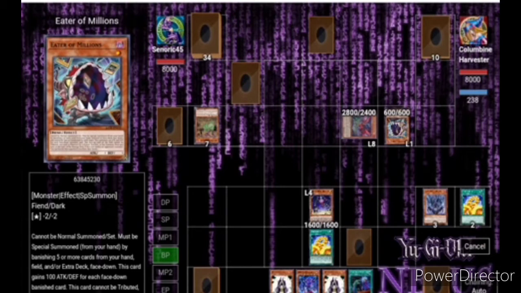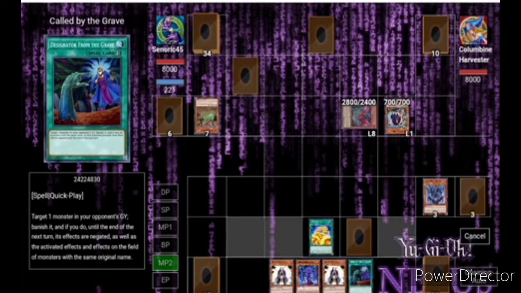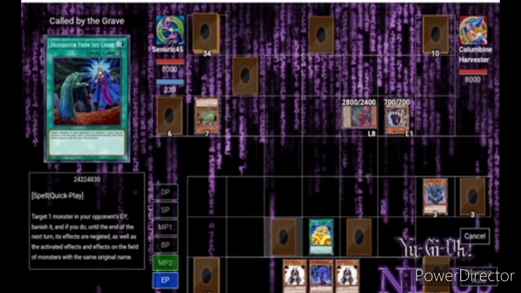And obviously he activates it and banishes it face down, and that's where I lose from there. And then in Main Phase 2, I just set the Call by the Grave in my hand, which I don't think is going to do a lot at this point, and then I just pass the turn. And this is obviously one of the really big downsides of this deck. It does lose very quickly if you cannot see all of your Cubic cards